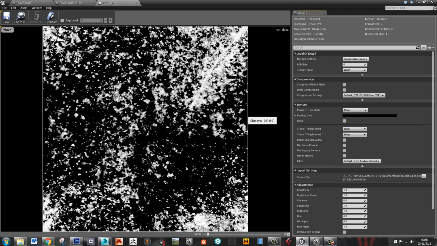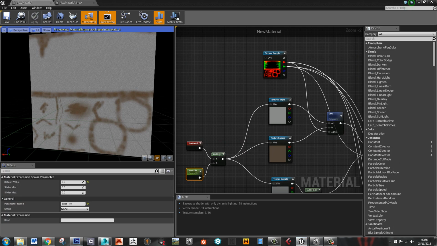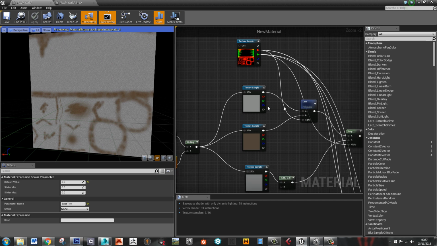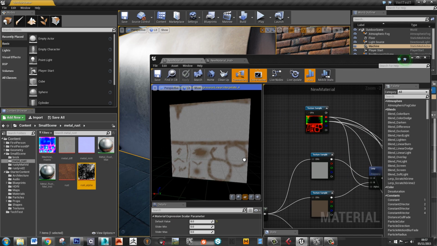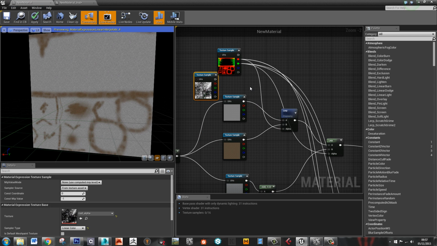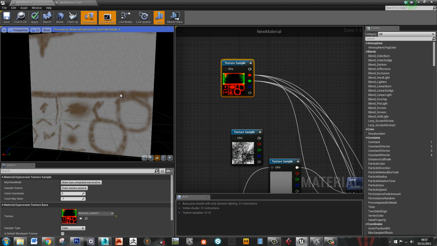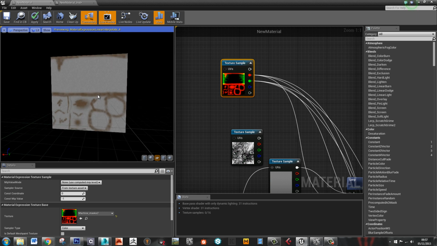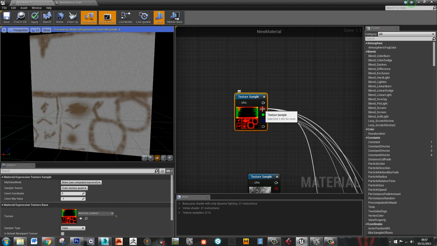So anyway, author something like this. Obviously really important, this tiles, but just make sure you make a tiling texture, essentially. Right, so let's bring in our alpha. And then what we're going to do is we're going to try and, in this red channel, mask off the areas that have high values in them. So if I was to,